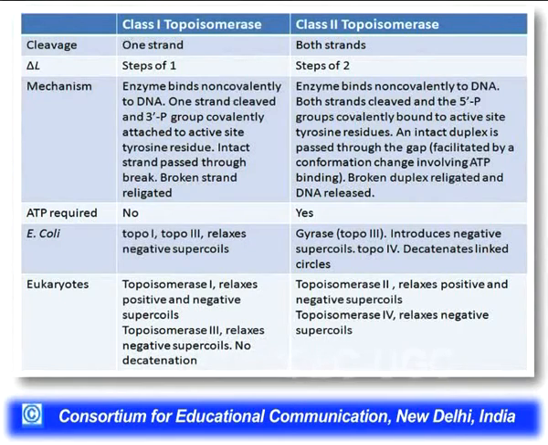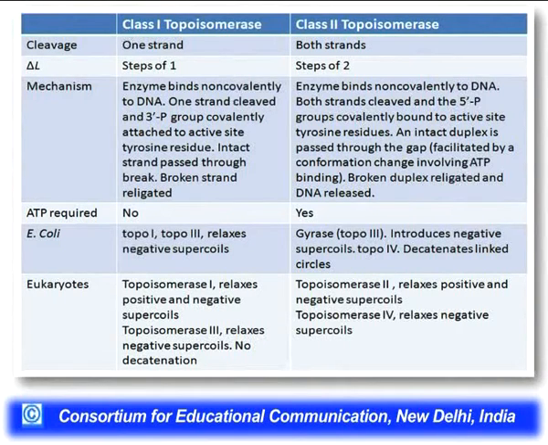Examples are in E. coli, topo 1 and topo 3, they relax the negative supercoils as we just saw. And in class 2 topoisomerases, we have gyrase that introduces the negative supercoils, and another one called topo 4 that decatenates the linked circles. If the two DNA molecules are linked, then it breaks both the strands, and then it will separate the two